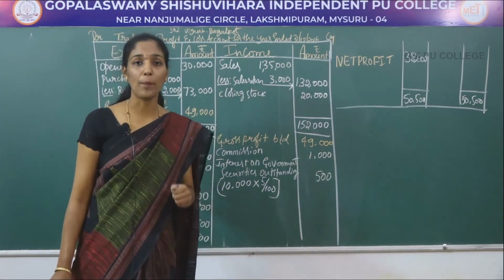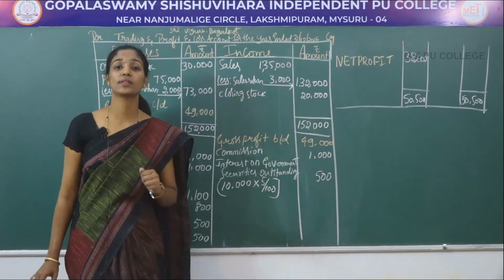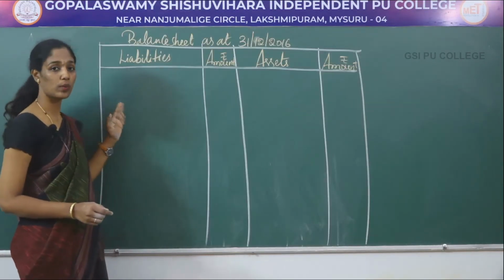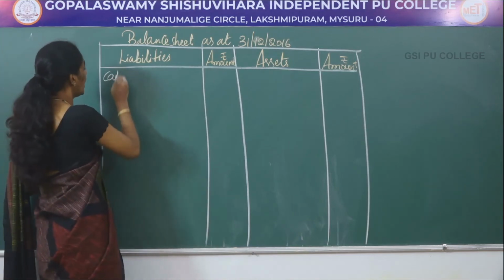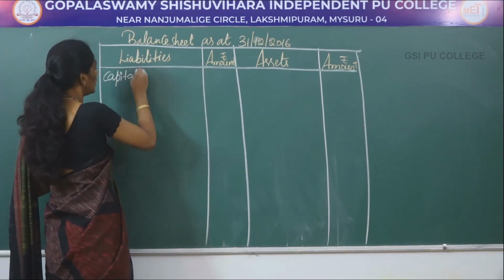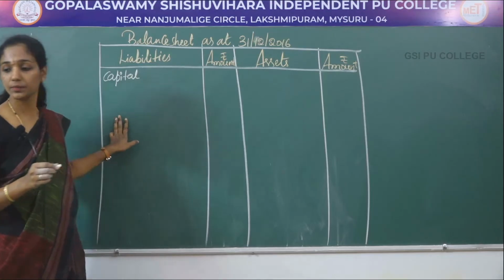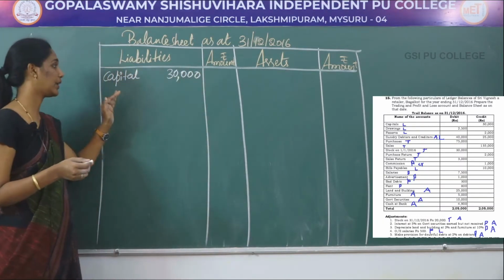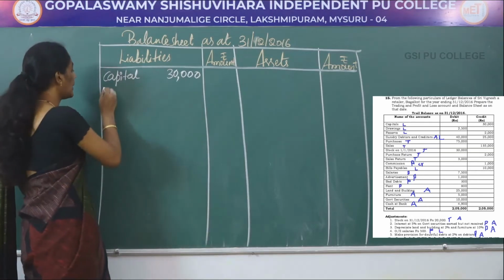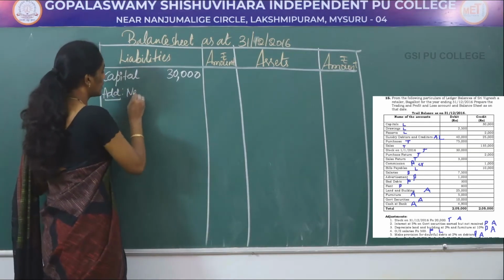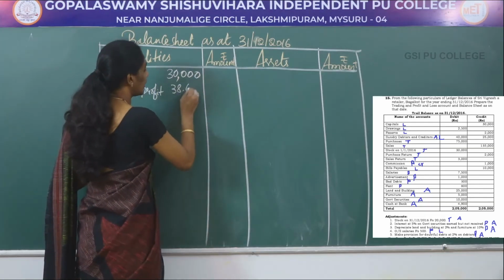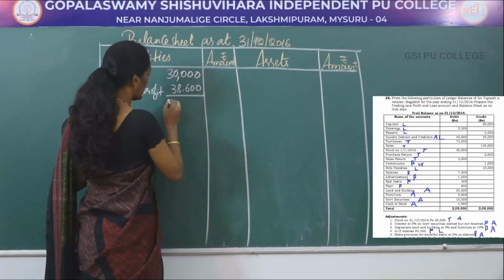So now let's solve the balance sheet as on 31st/12/2016. So as usual, liabilities start with the capital amount. What is the amount of capital? 30,000. First record the capital, then add net profit. What is the amount of net profit? 38,600. Add both together, you will get